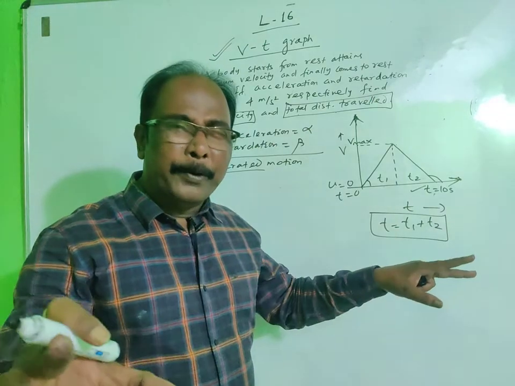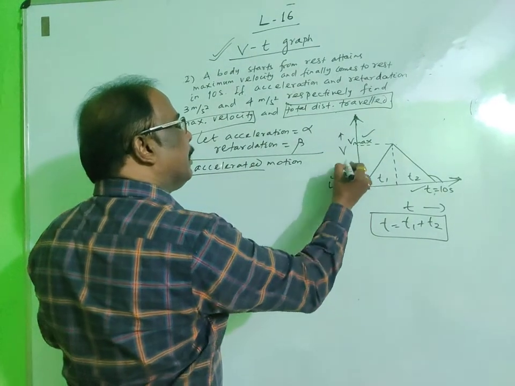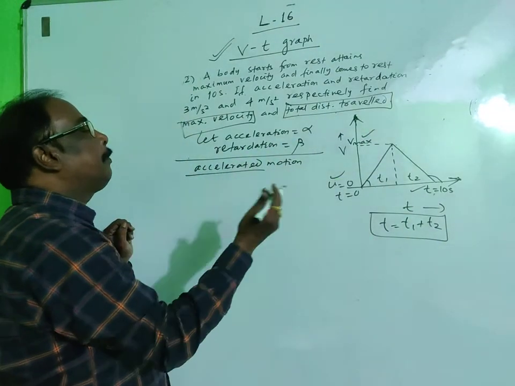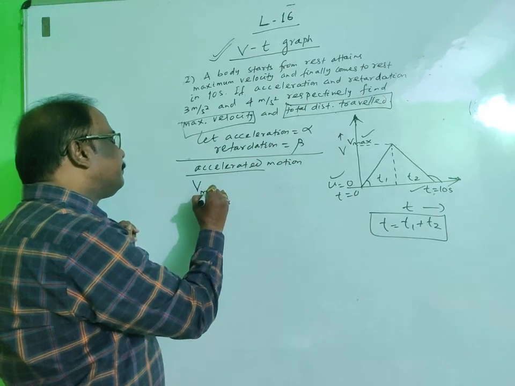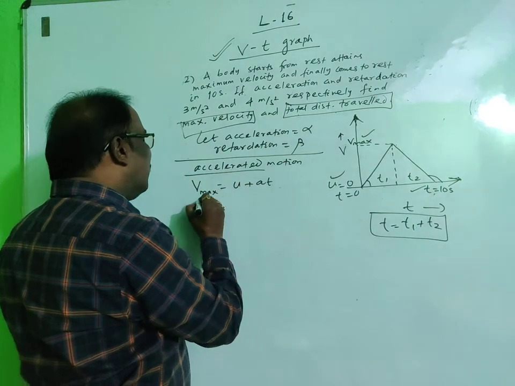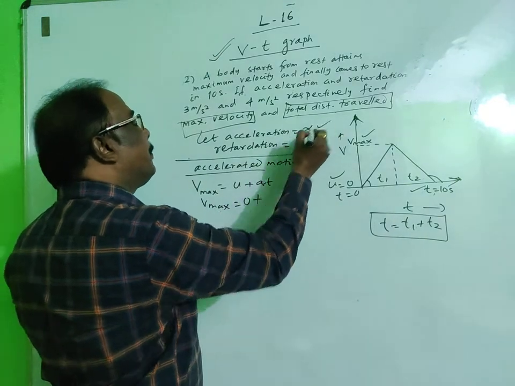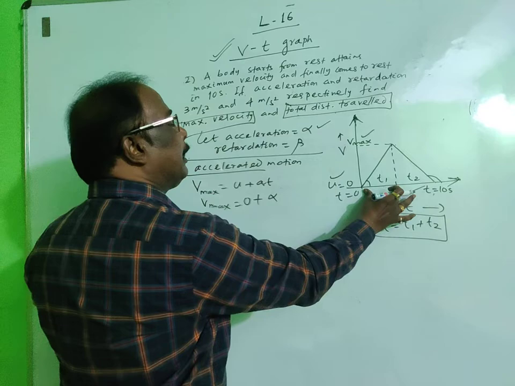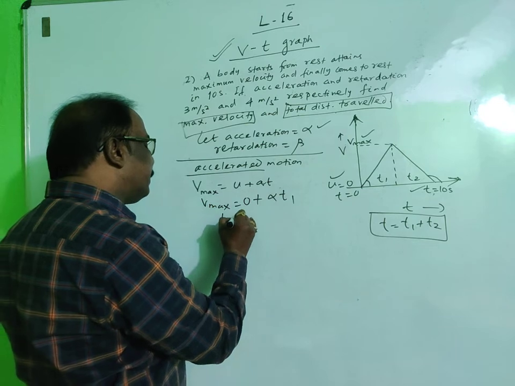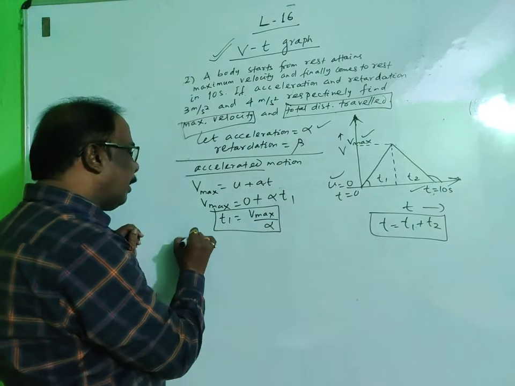Then use simple equations. This is the maximum velocity. The initial velocity is 0 and the time taken to attain maximum velocity is t1. Then v is equal to u plus at. V maximum is the final velocity, so V max is equal to u, which is 0, plus acceleration. In place of acceleration let's take alpha, and the time taken to attain maximum velocity is t1. Then from this we get t1 is equal to V max by alpha. Then for retarded motion,